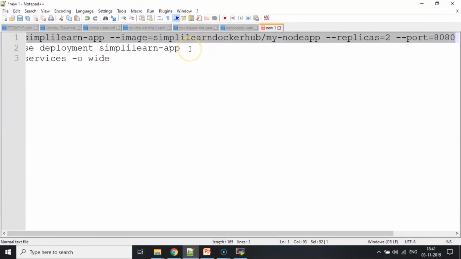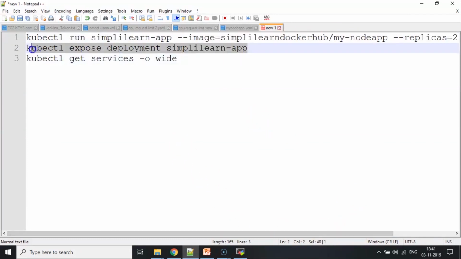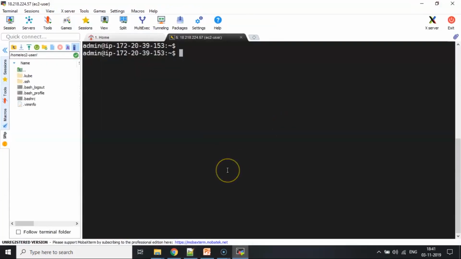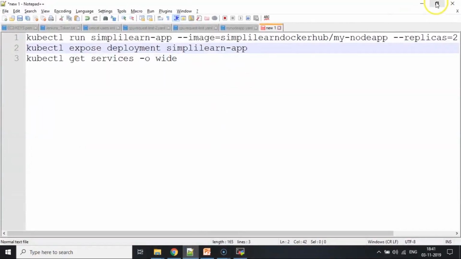So in Kubernetes, the pods are ephemeral, so they can be there at any time, or cannot be there at any time. If I need to expose my pod outside, I will have to create a service for my pod. So I'll create a very simple service by exposing this particular deployment. Before that, let me check kubectl get deployment. So there's a deployment that is created. The deployment name is Simplilearn app. So I will expose my deployment Simplilearn app.